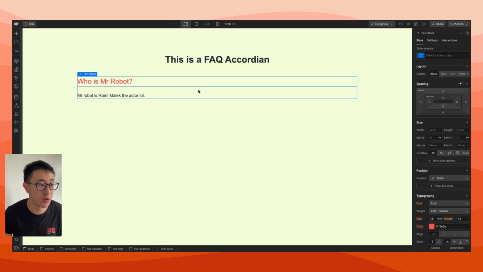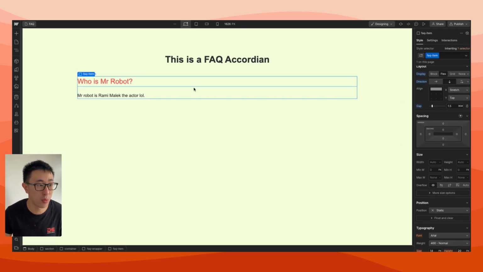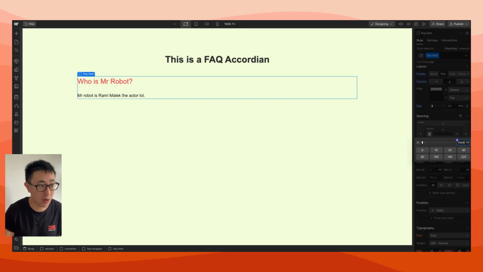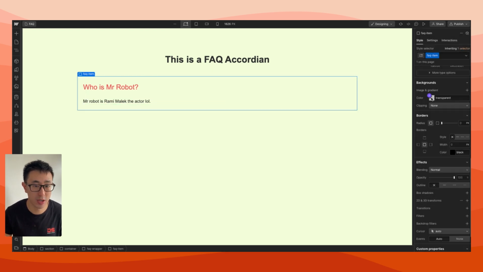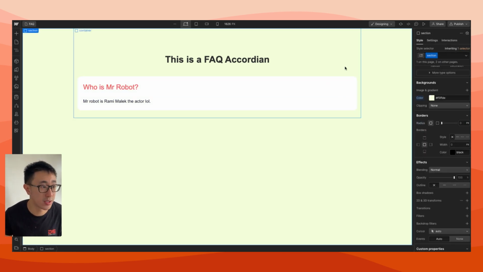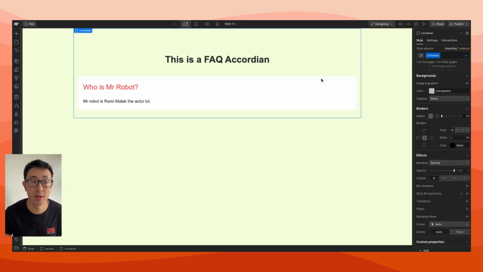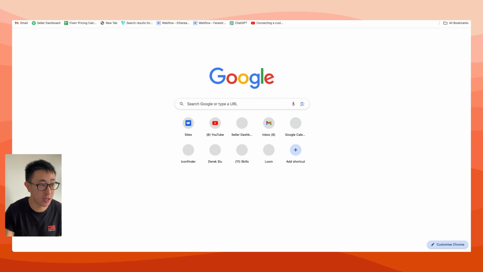So now what we can do is we can just style this even more with the FAQ item. We can put 1 rem padding on everything. And we can go ahead and put a background color of, let's just say white. And we can go ahead and put a radius of, let's just say 1 rem. And that's it. So you can style it however you want. But what we also need to do is to add that Lottie file. And in order to do this, let's go ahead and just go to